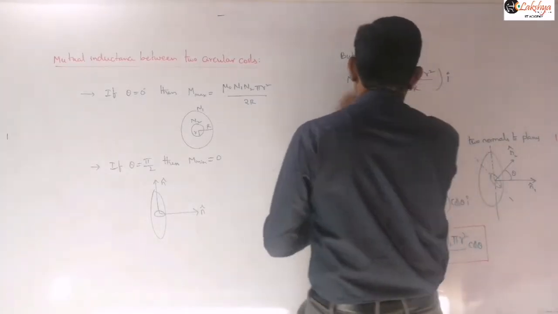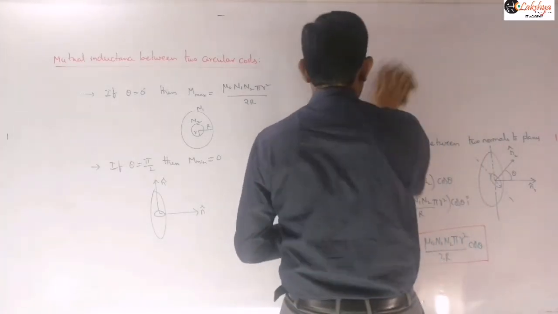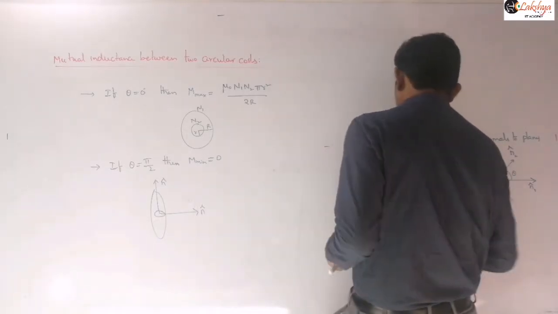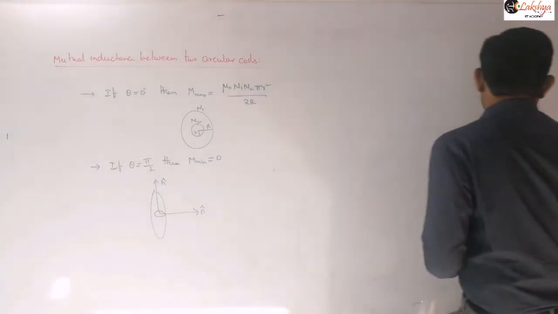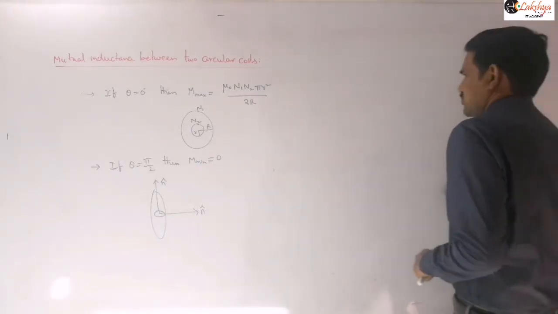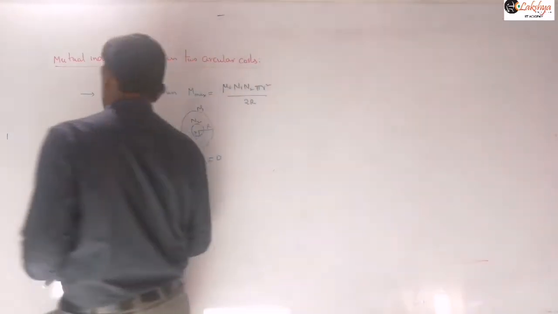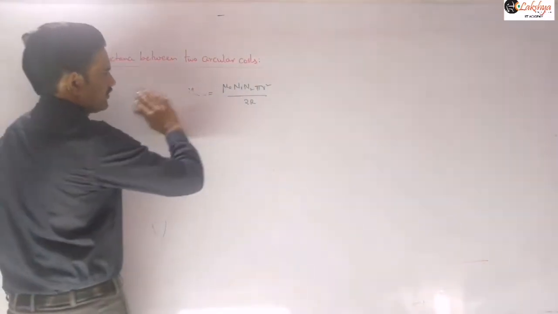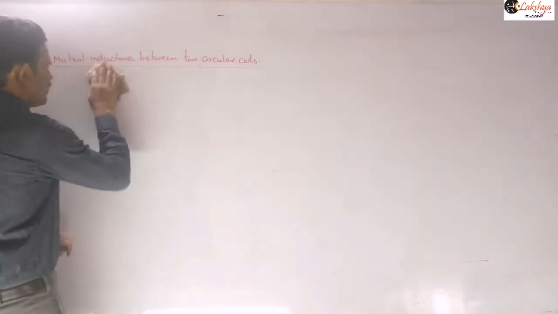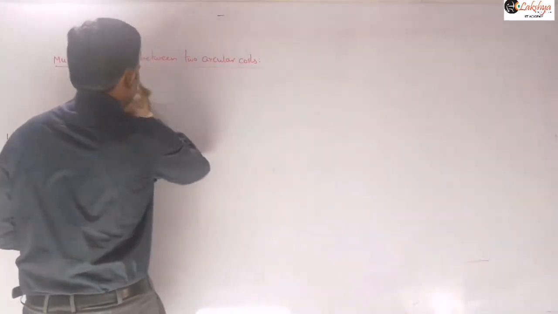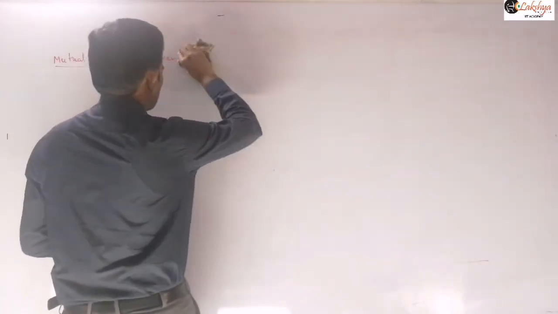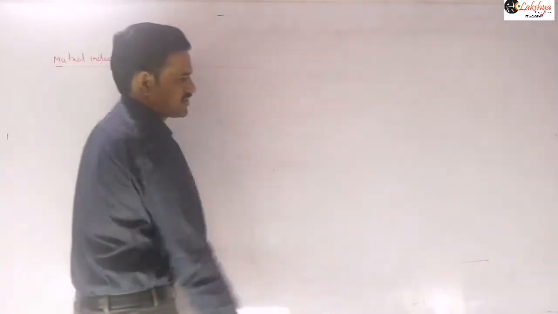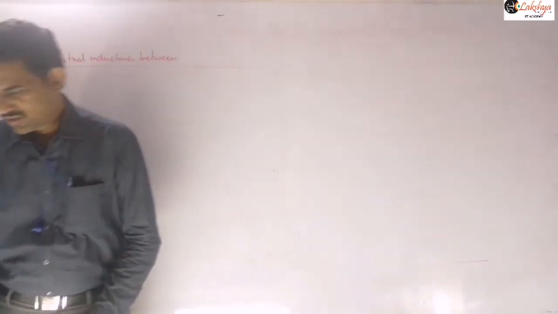So in the case of two circular coils, the calculation of mutual inductance is somewhat similar to our self-inductance L calculation. First we need to write the expression for the magnetic field produced by one of the coils. Then we write the magnetic flux associated with that coil passing through the coil. Then from that we can write phi is equal to M i, we can use that formula, right?